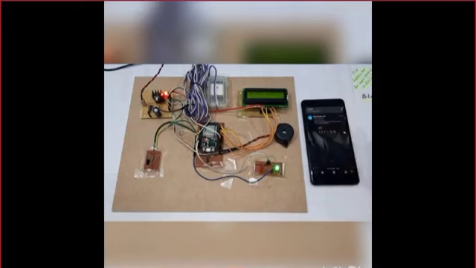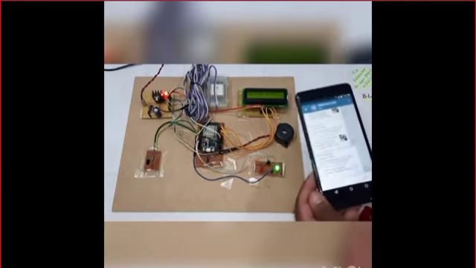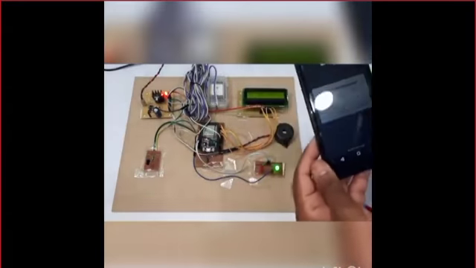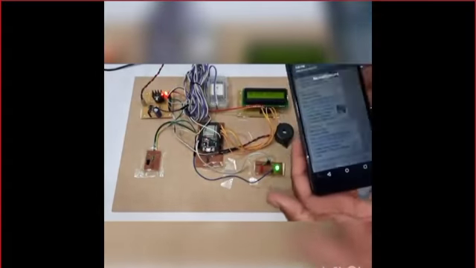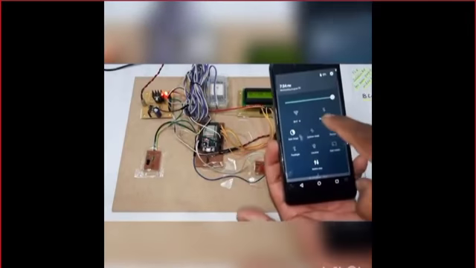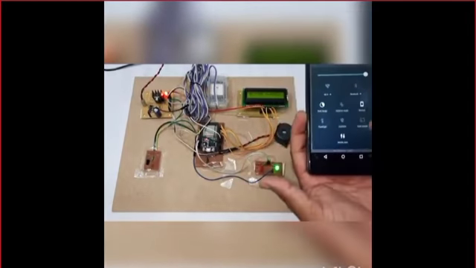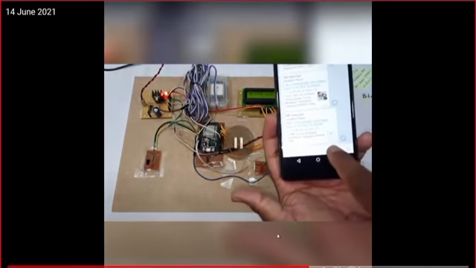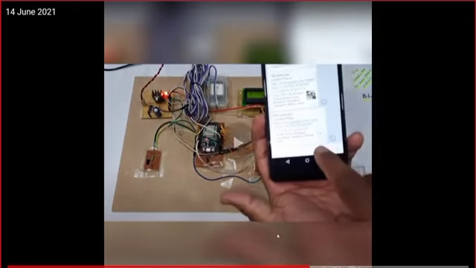and the information is sent to Telegram. Through Telegram, we are giving information to the user. And not only that, in Telegram we are sending the exact location also through latitude and longitude. And because we are using the Telegram app, we need a small internet connection of at least 1 Mbps, or below 1 Mbps it can also work.